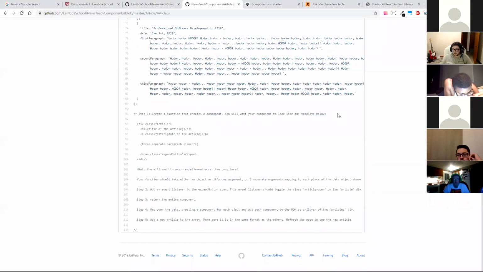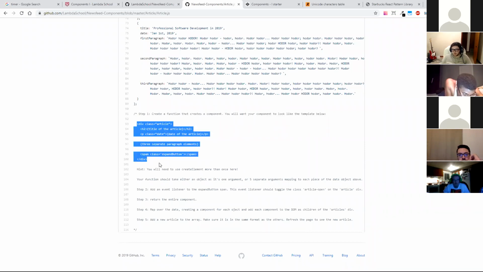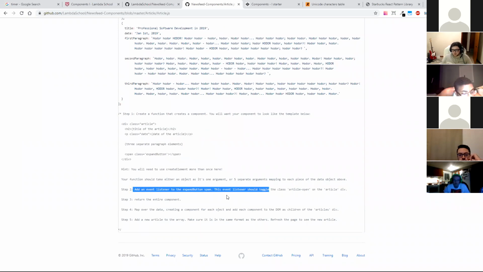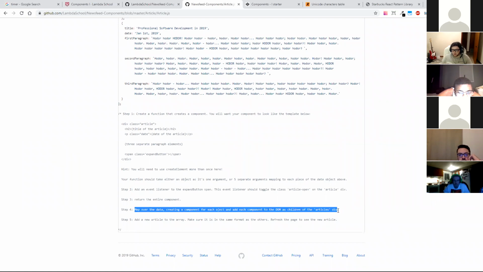Create a function that creates a component. So that's pretty much what we just did, right? They want you to essentially do what we just did to make an article, and it should mimic this structure if we were doing it in HTML. Add an event listener, so we did that tonight too. Return the component, so we know how to do that. You can map over the data. So we can map